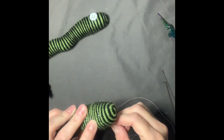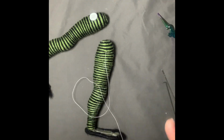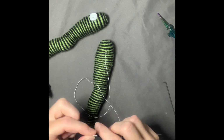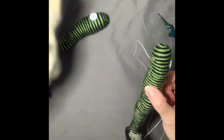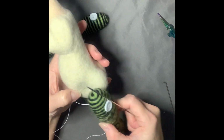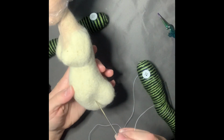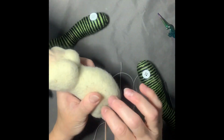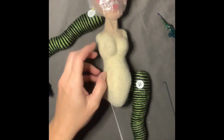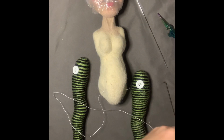Here I am just going through one leg, and once you've got that on, I did have to change needles. I didn't think my doll needle would fit through the holes in the button, but it actually did. It was a tight fit. So just switch your sewing needle with your doll needle back and forth if you need to. It really wasn't a big deal,